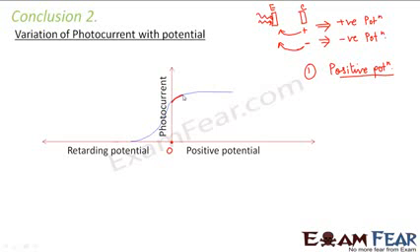So as you can see, initially the photocurrent is increasing. But gradually, if you see, the current saturates. So this is a saturation level. That means beyond this, the current is not increasing. Even though the potential keeps increasing, the current remains the same. Why does this happen? This happens because this is also a metal, right?